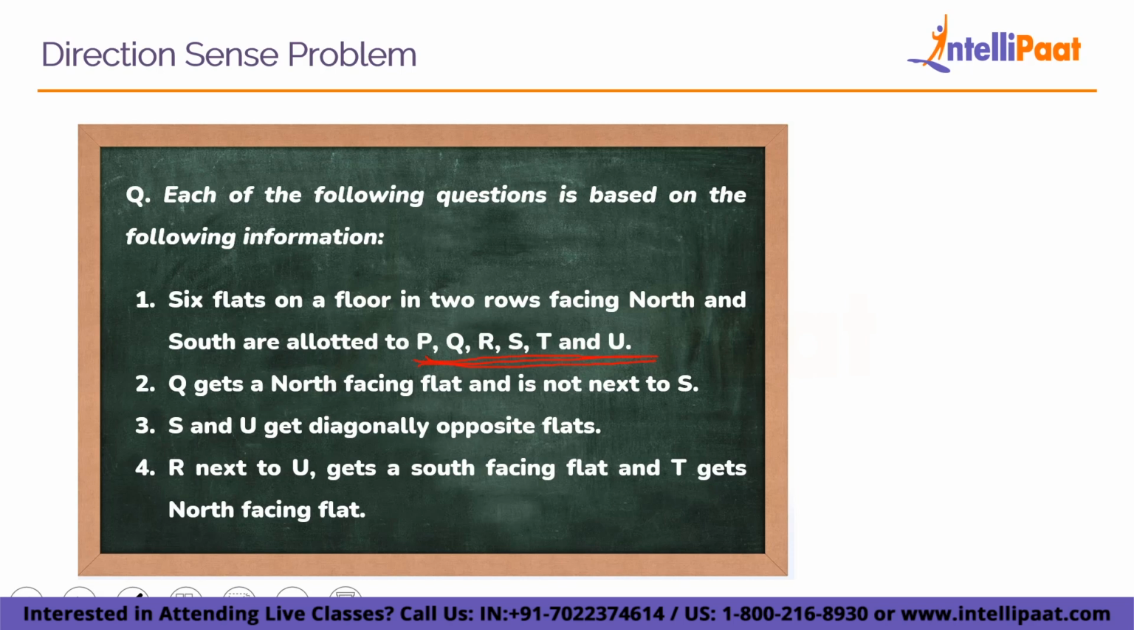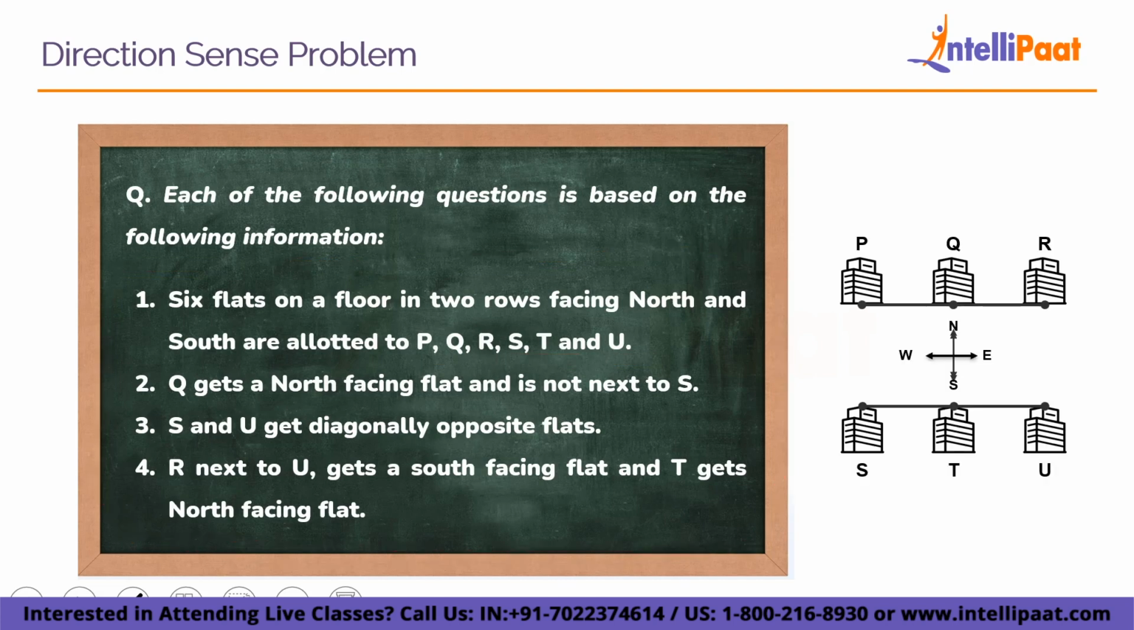Next, Q gets a north facing flat and is not next to C. S and U get diagonally opposite flats. R next to U gets a south facing flat and T gets a north facing flat. So this is the information that we have been given, and according to this information we have to make a rough diagram. So let's try to make a rough diagram, and here I have made a rough diagram,